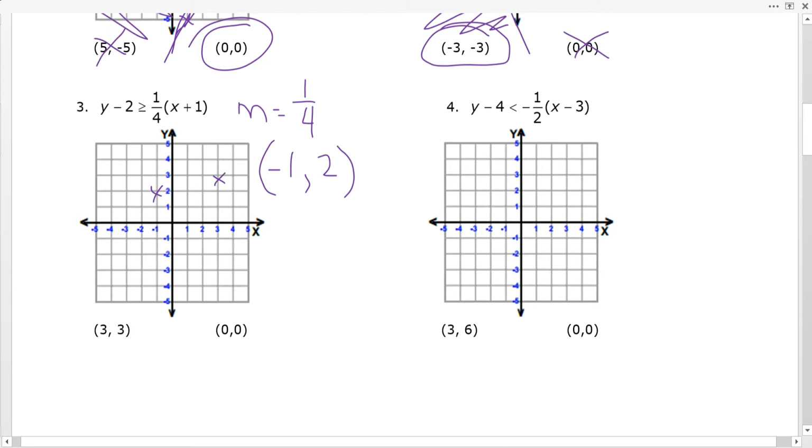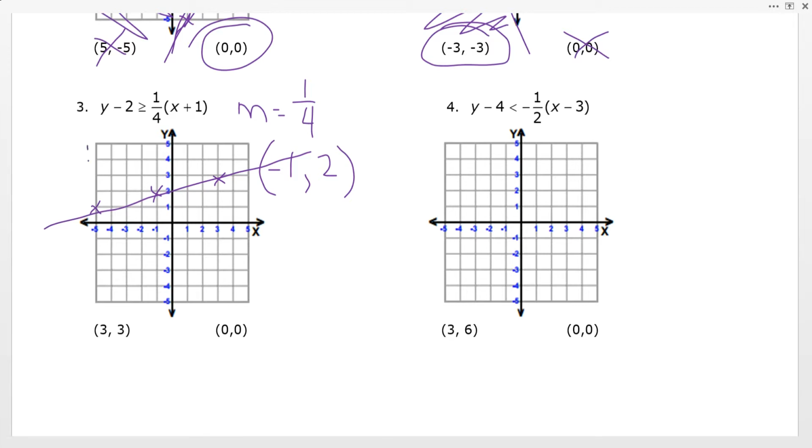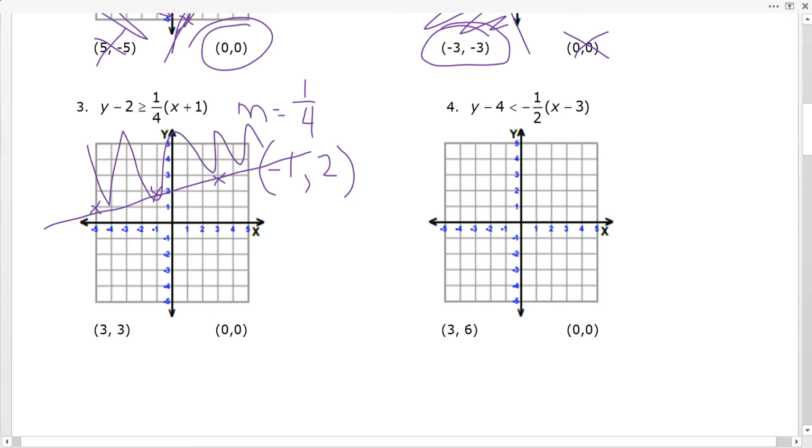I can go down 1, 1, 2, 3, 4 is right here. So I'm going to have a pretty flat line that goes through negative 1, 2. And it's y is greater than, so I'm shading up here. So 3, positive 3 is on my line,